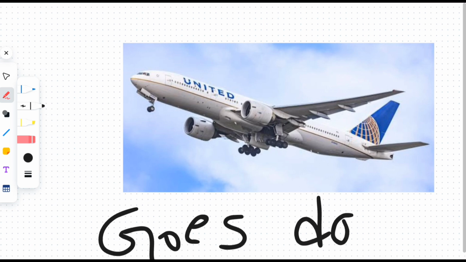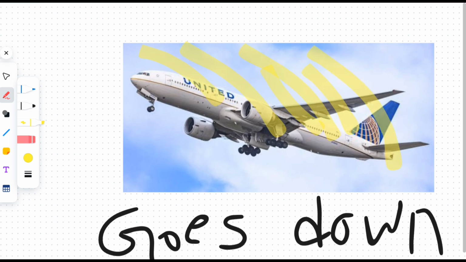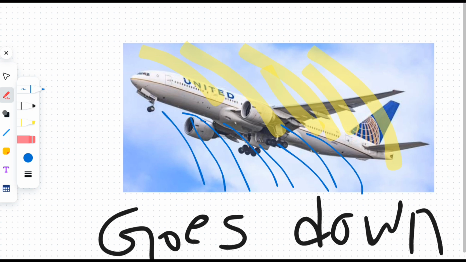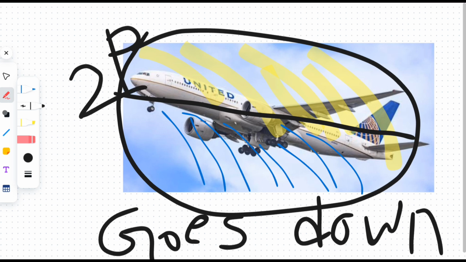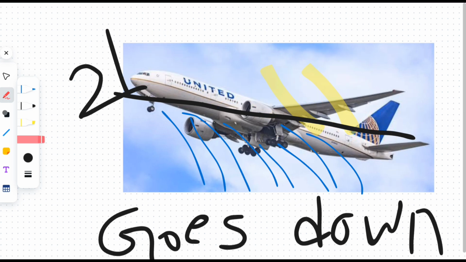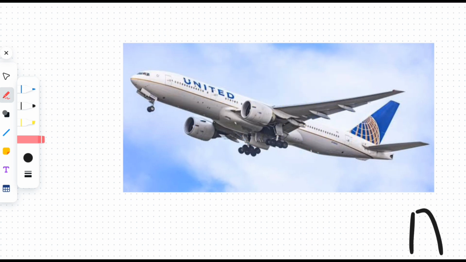Now I will tell you about the air which helps the plane to go down. As I have told you, the gravitational force. If we combine these two airs, the plane will automatically work because of its wind and its gravitational pull. If we separate it, there are two types of airs, two powerful airs, or you can say two powerful winds, which are necessary for a plane to fly in the sky.